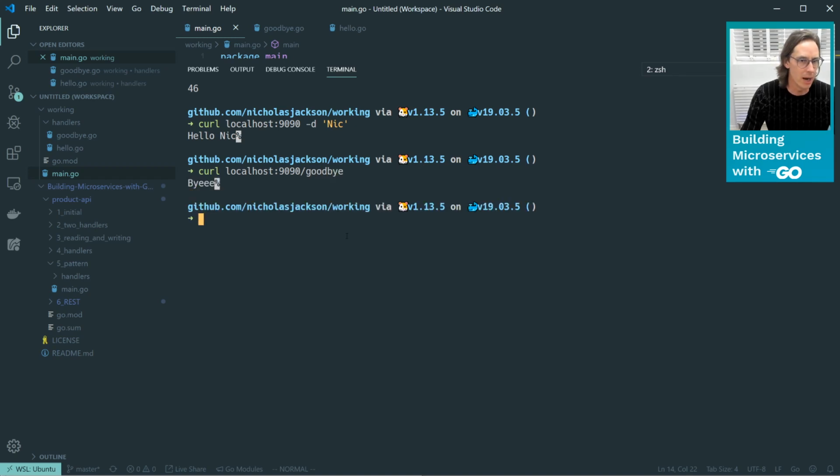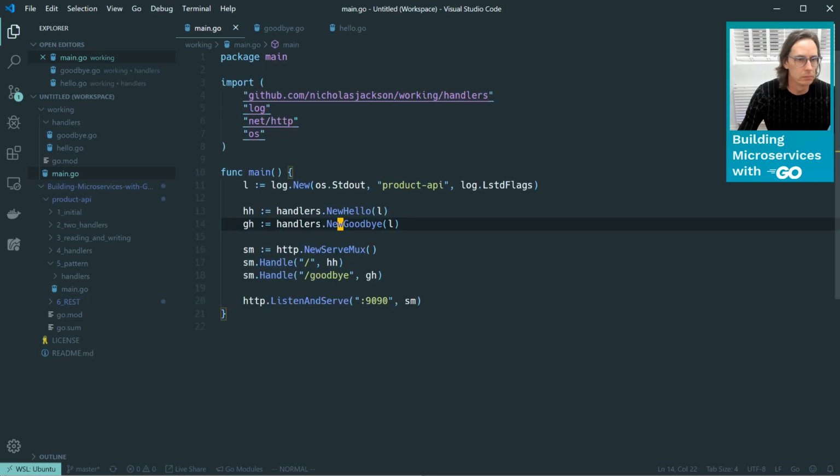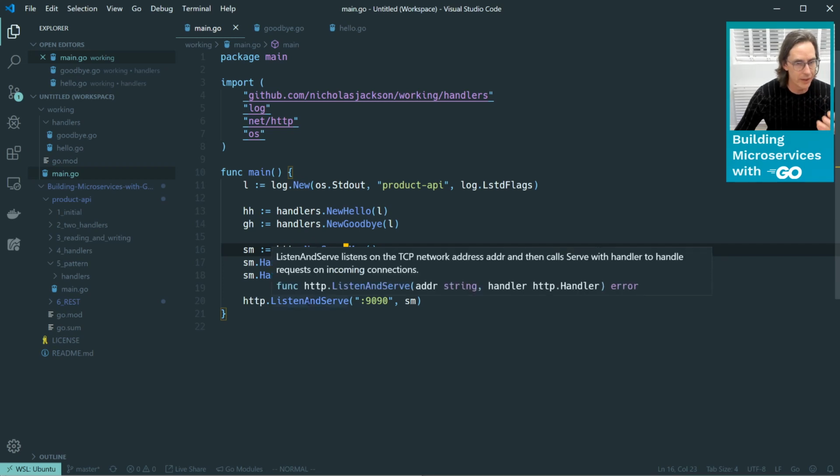Goodbye, and then we're running bye. Okay, so we've registered those two handlers now. So that's actually cleaned up our code quite substantially, but we're not quite at the pattern that we want to be at yet. And the reason for that is that we've got to start thinking about defaults for things like